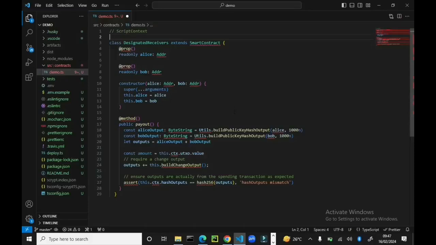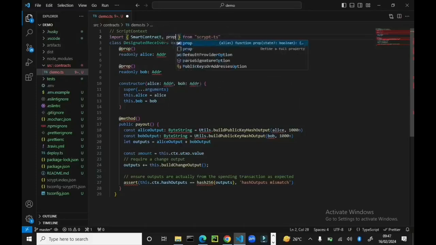So let me get rid of these errors, as I just copied the code from the documentation. Let me import them manually. So let's say imports. We can import the smart contract from sCrypt TS. Delete this. Then the properties and method,